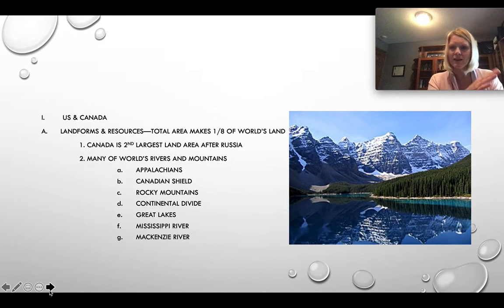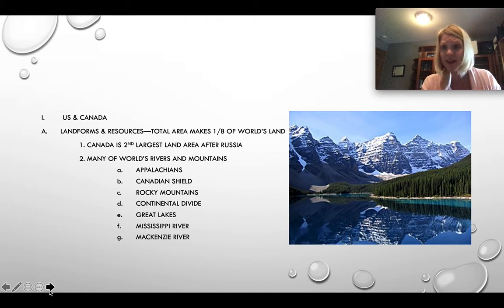The Continental Divide is this area that divides the United States into two parts. Really, anything to the west of the Continental Divide is on the other side, to the west of the Rockies, and to the east is on the other side. It even affects our climate and our weather patterns. We know that most weather, at least in the United States, moves from west to east, and it's because of the Rocky Mountains when it crosses this continental divide, which literally divides our continent.